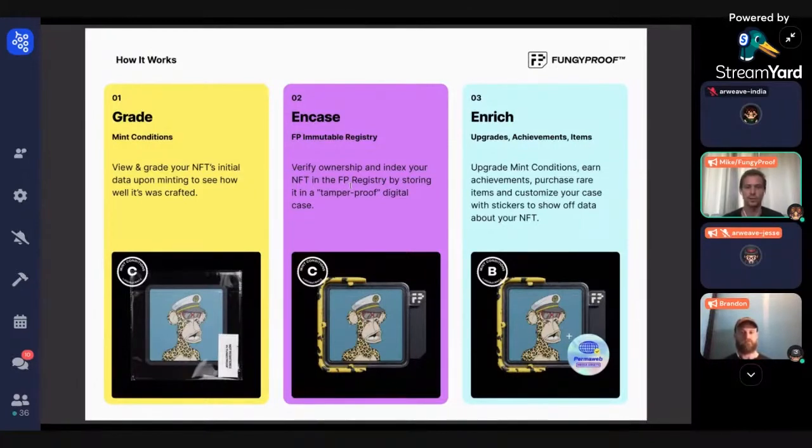Then once you have your score, we have encasing, which allows you to put the NFT into a digital case. And when you do this, it's the initial sort of first record that gets indexed into the immutable registry. And then lastly, there's enriching. So once you have this record created, then you can further enrich an NFT and tie a bunch of different